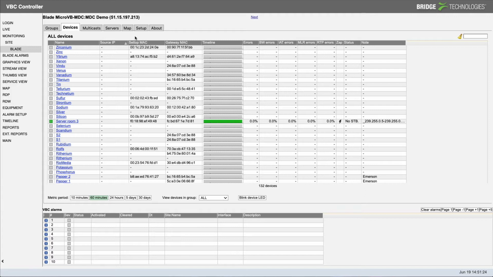I want to tell you right now that many of the devices that we've got configured in our demo system, remember this is not a production system, are not connected. They have been connected, and you can tell which ones have been connected by the fact that they've got a set-top box MAC address and a gateway MAC address. Where you see, like for example in this one Venus, where there's no entries in that column, this MicroVB has never contacted the MDC. So again, that's a useful way of seeing which devices are currently in contact and which devices have never contacted. So there are several things I want to show you on this screen, but before that